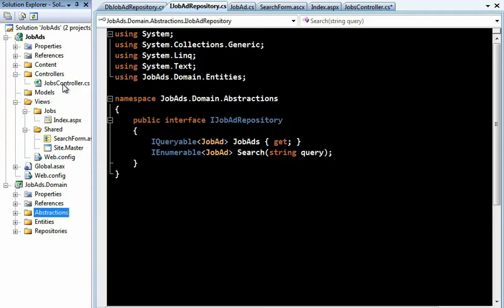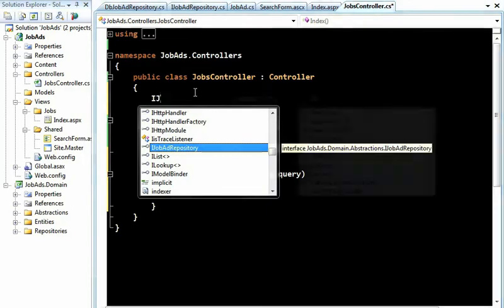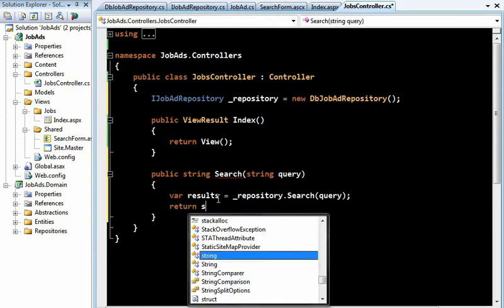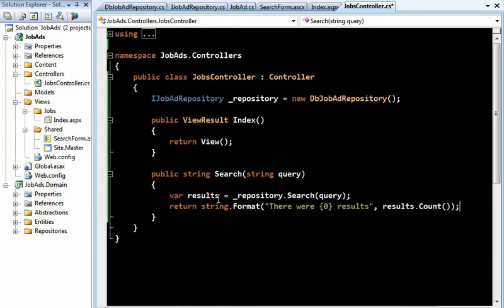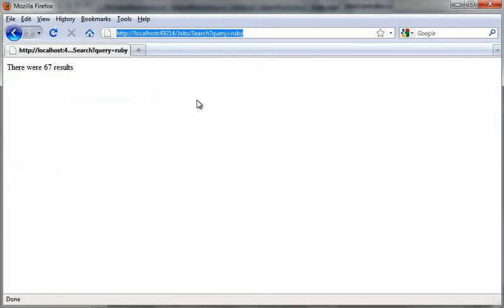So, back in my controller, I need to get an instance of that repository, so I'll just do that as a class level field, and then once I've got that instance, I can run a search using the query that the user has supplied, and I'll get that data, and I can just return a string from my method, and I'll return the number of results. And if you return a string from an action method, the MVC framework will just display that string in the browser. So hopefully now, if I rerun this method, I should see that yes, there were 67 matches for Ruby